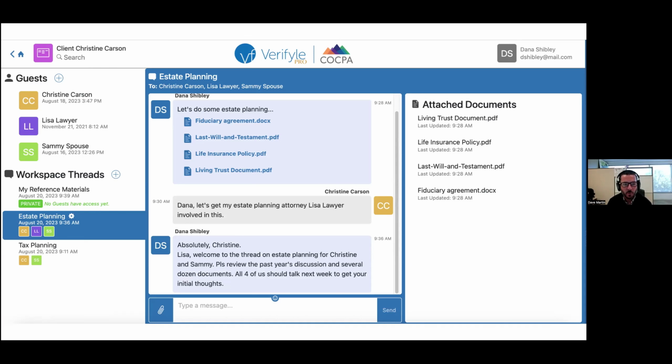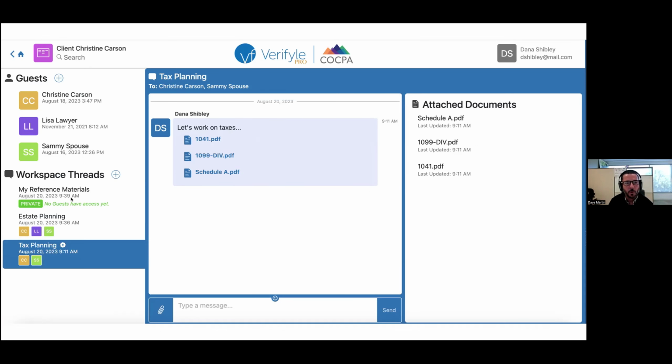And it's a way of keeping things organized and in groups so that when we want to talk about estate planning, I can look at this thread. But if I want to talk about tax planning, I can click and open the tax planning thread, and I can share information related to taxes inside this thread. Okay, so you could sort of think of workspace threads as subfolders inside the folder that is a workspace. And inside those subfolders, you can give guests permission to view them, and then you can share messages and documents with those guests inside those workspace threads. And it's also worth mentioning that you can request signatures from any of these guests in any of these threads.